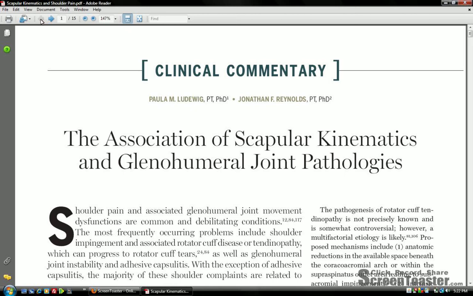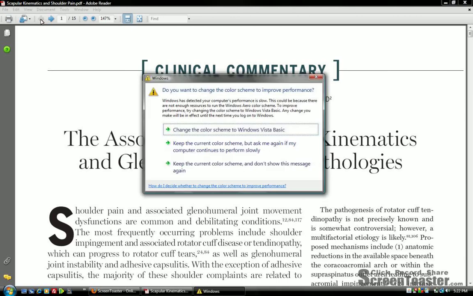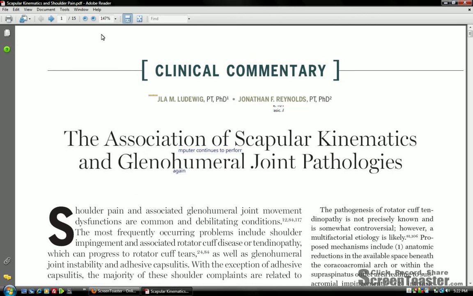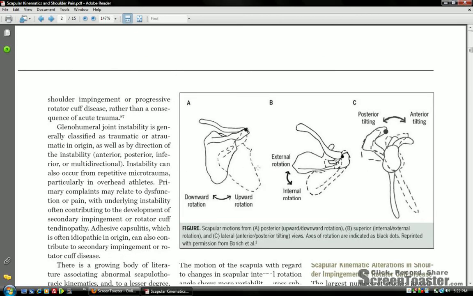Okay, we're talking about the association of scapular kinematics in glenohumeral joint pathologies. Basically, the association between what your shoulder blade does and whether you have shoulder pain or not. So let's go to page 2, and we'll really look at what we mean by scapular motions or shoulder blade